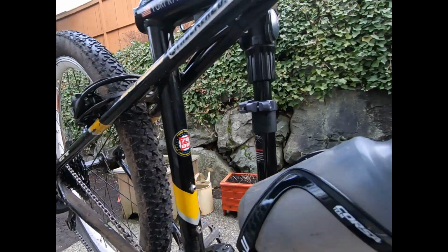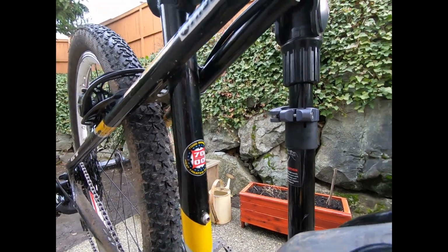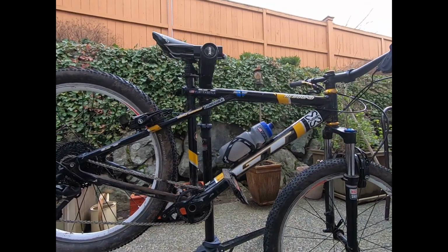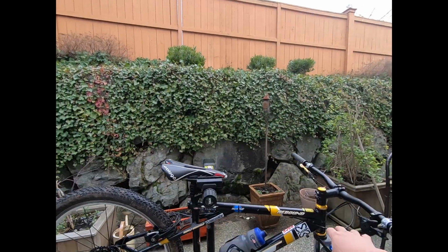And the frame is the original sticker. It's 7000 series heat treated aluminum, and I love this bike. It's special to me not only because my mom had surprised me with it as a gift, but I mean, could you imagine back in the day